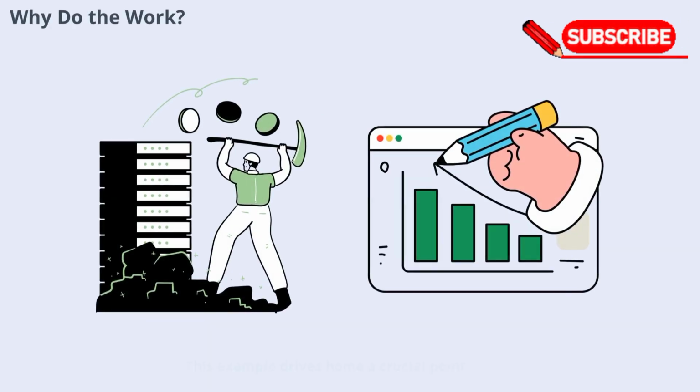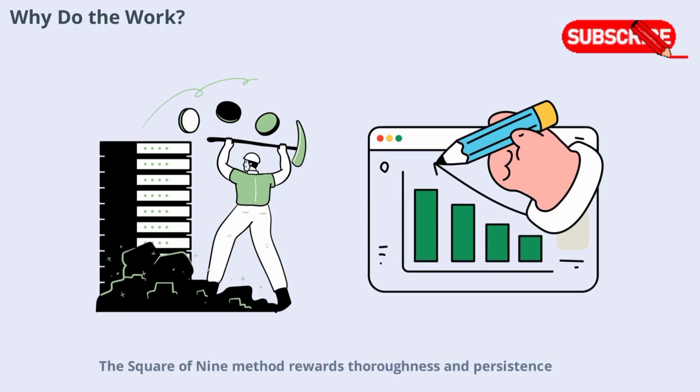This example drives home a crucial point. The relationship between price and time that stops a move or changes a trend isn't always obvious. There's no substitute for doing the calculations and exploring all possible angles. The square of 9 method rewards thoroughness and persistence, making it a valuable tool for traders willing to put in